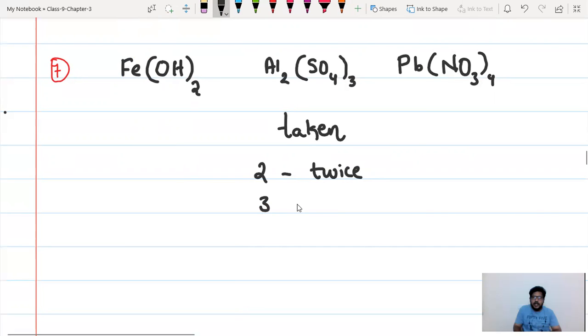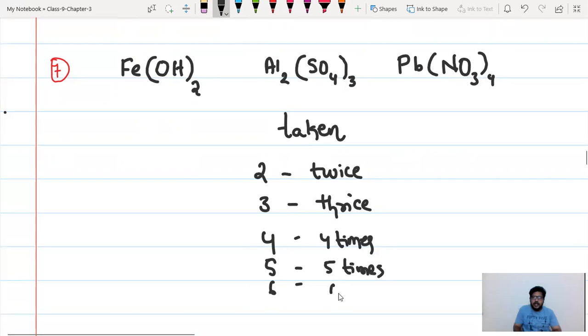If you have 3, you should say thrice. If you have 4, 5, 6, 7 and so on, you have to say that many times. If it is 5, we have to say 5 times. If it is 6, we have to say 6 times, etc. Now, you observe this, how to say